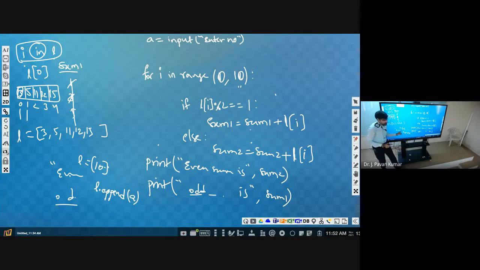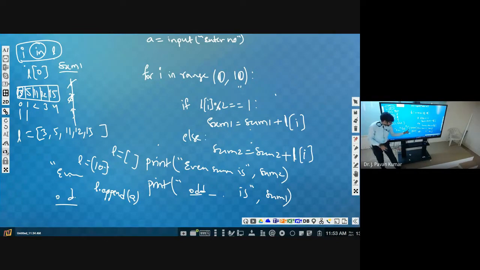Prior to that, L should be identified as a list. Try to understand. For that, we indicate it as empty. Just as sum is equal to 0 initializes an integer variable, similarly here, L is equal to square brackets with nothing within.